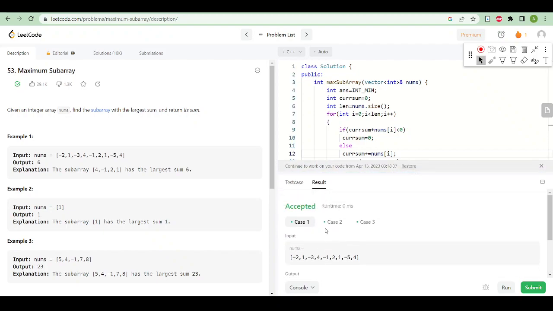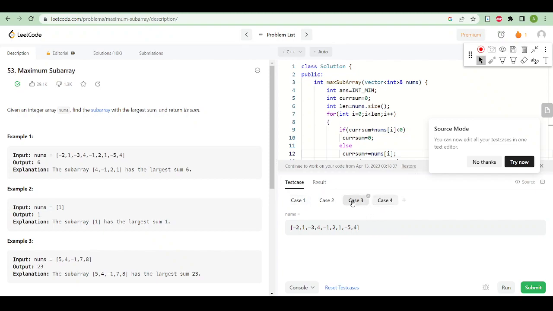These three test cases are passed, but let's say a test case, let us make changes in this test case. Let's say its value is -1. Our code will return the answer as 0 because this is one element -1, and our current sum is initially 0. So 0 plus -1 is -1, and